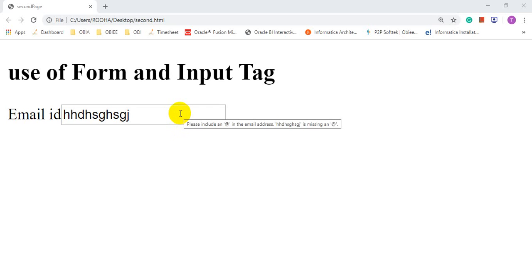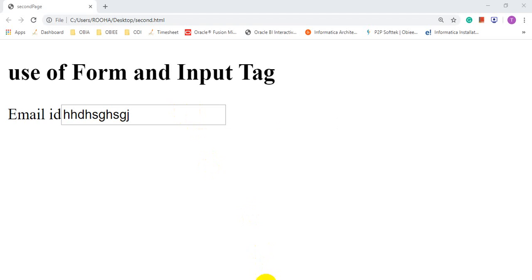So as you are using HTML, HTML is used to create a static web page, but with the advent of HTML5, you can create responsive web pages, means you don't require JavaScript to a certain limit. Because for example, in email ID you can easily write code for email ID, where if you miss the at the rate symbol, it will pop up a message like in this example.